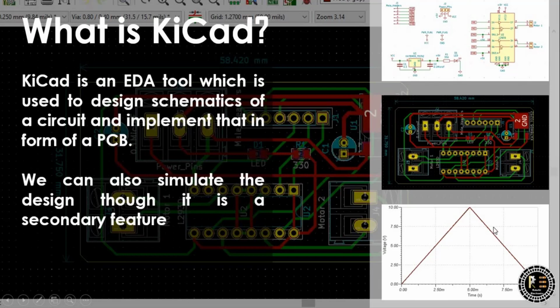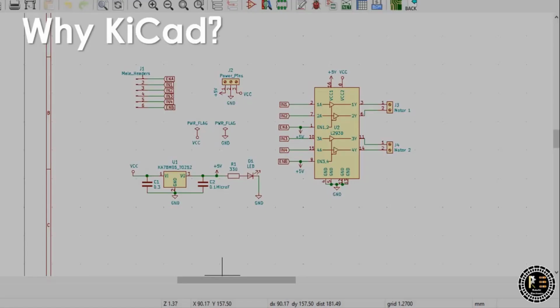And yes, this is to give you the idea of what simulation looks like. This is a voltage versus current graph. No, voltage versus time graph. So this is a simulation graph. This is just to give you an idea of what simulation looks like. Now let's move on further.